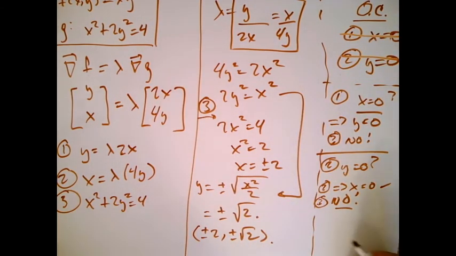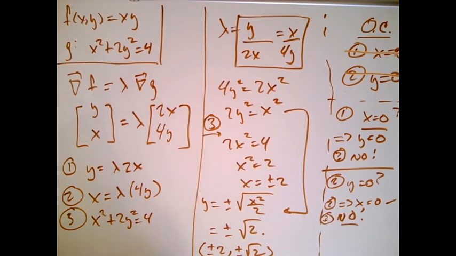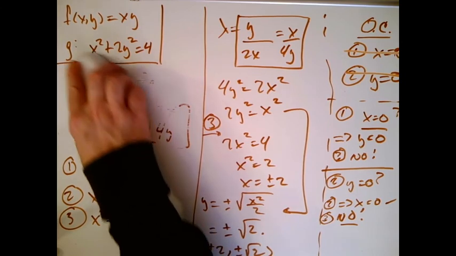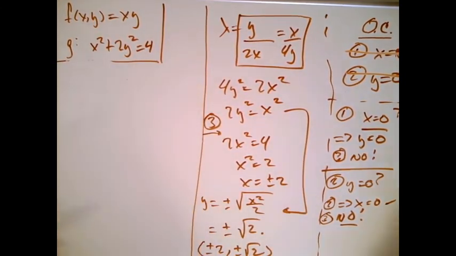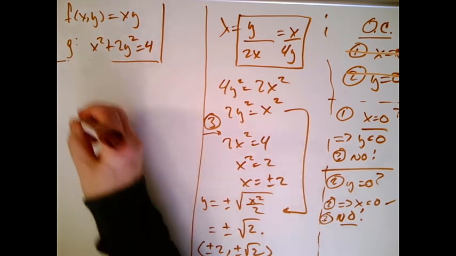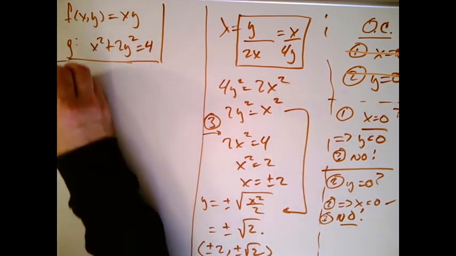Now what do we have? What we have are essentially 4 critical type points where we know the function is as big as possible has to come from this list, and where the function is as small as possible has to come from this list. And so we're going to have to finish this problem by plugging in each of those points and seeing which ones give maxes and which ones give mins and which ones don't give either. So to finish the problem,